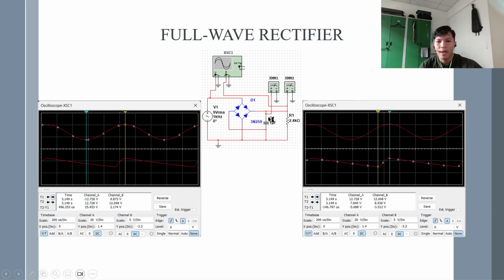input and the output. We can see at the input we have a sine wave, which is the AC input. At the left oscilloscope, we know that the V peak, the positive peak, is 12.728, while the negative peak is negative 12.726. Now, we know that the positive peak at channel B is 12.048, while the negative peak is